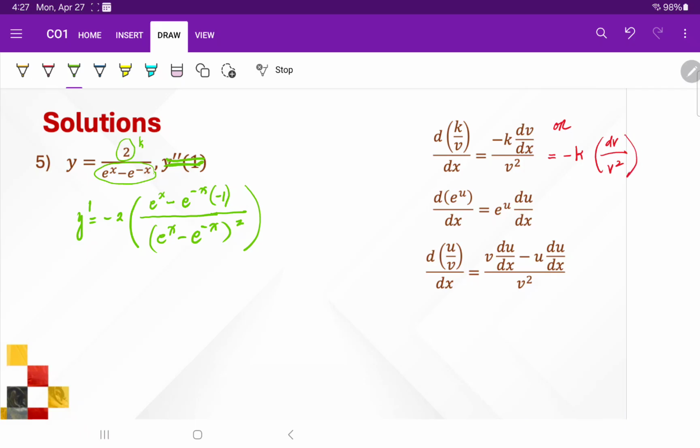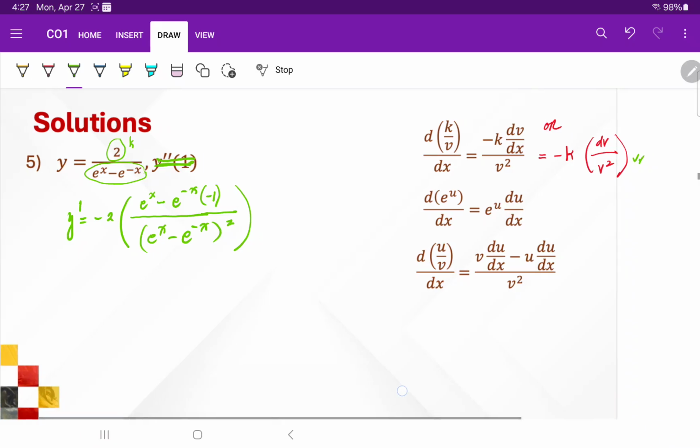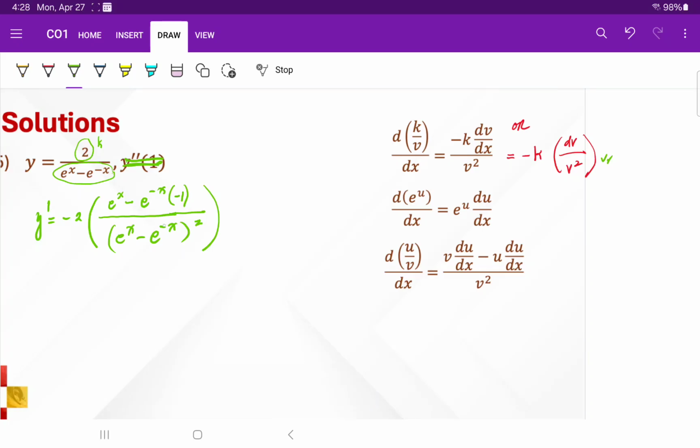Okay, so we'll be using this formula. Alright, so we have again negative 2 in the numerator, the derivative of the denominator, which is e to the x minus e to the minus x times negative 1, divided by v square, and that's this v square here. So we use this to solve for the derivative of e to the u, du dx. Then we simplify. So what's the resulting y prime? We have negative 2 times what? E to the x plus e to the minus x